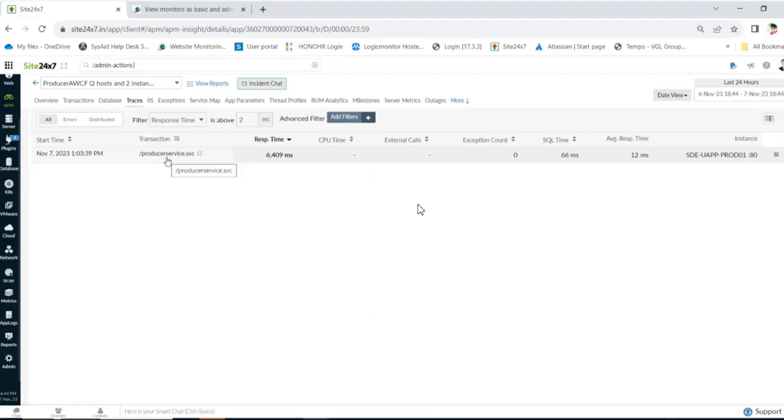When that specific API call is causing a performance delay, if you have our Site24x7 agent in both the servers, application 1 and application 2, we will give you a tree view, so the entire trace can be tracked from application 1 itself, so that your developers will get a better